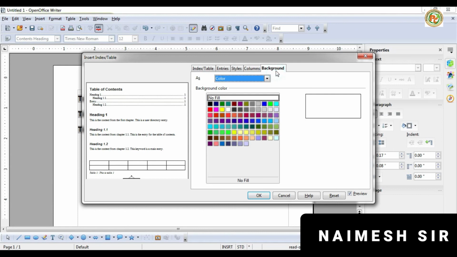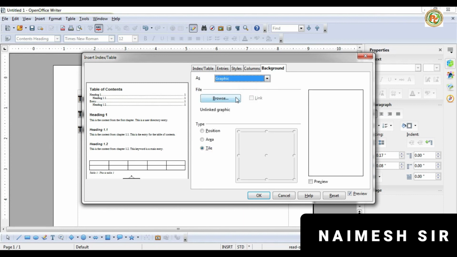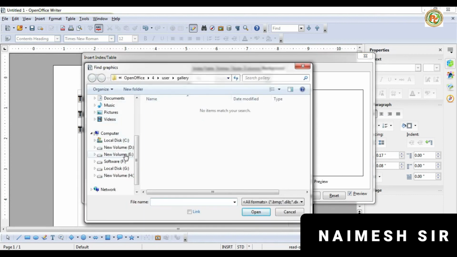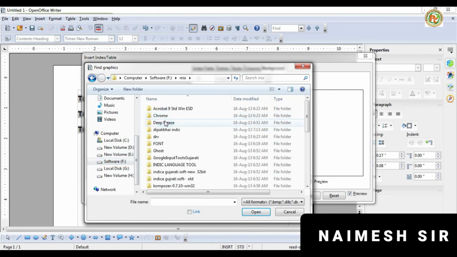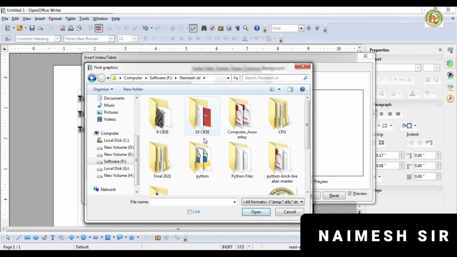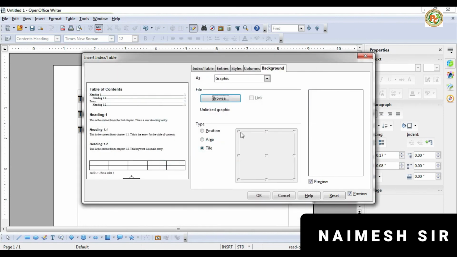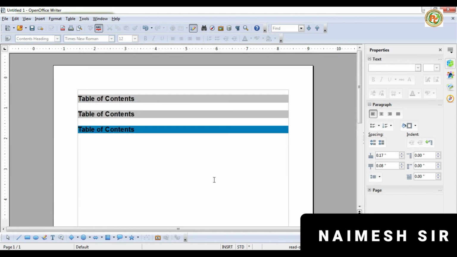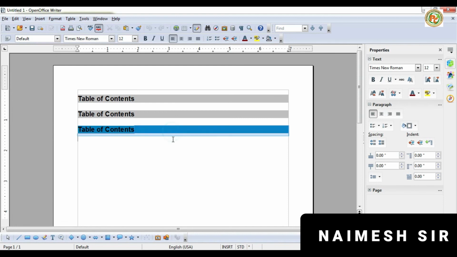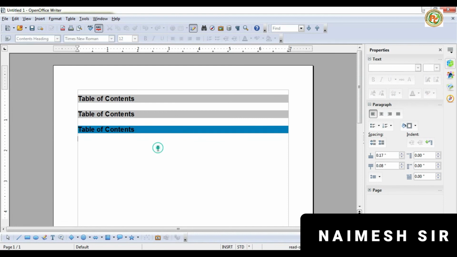Now next one is background. If you want to assign a background color here, then we can assign the background color, or graphic, meaning you can insert pictures also from the computer. So if you have any photos inside your computer, then you can insert them inside this. So this way we can set the background image or pictures inside that particular table of contents. Okay, now click OK. You can position it, you can resize it, or you can fix it. So if you click it, it will be assigned in this scene. Okay, because this is the block in which it is applied.